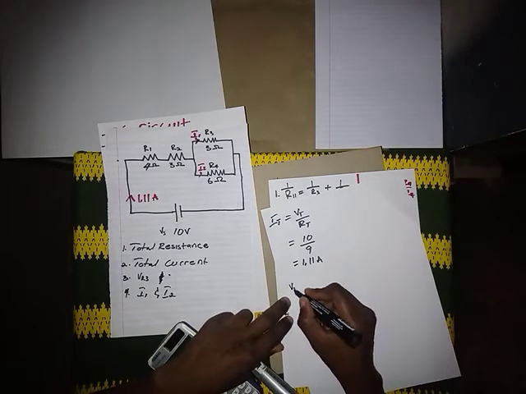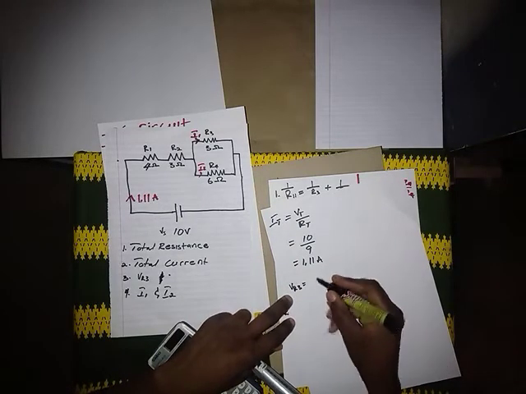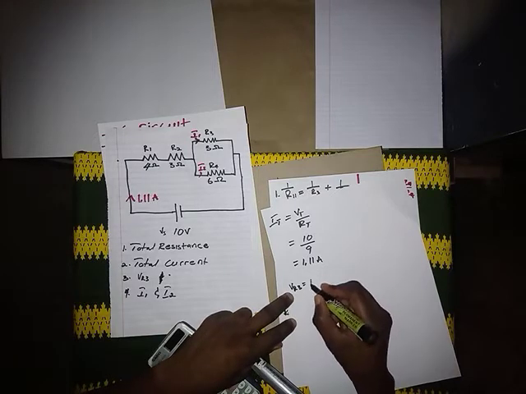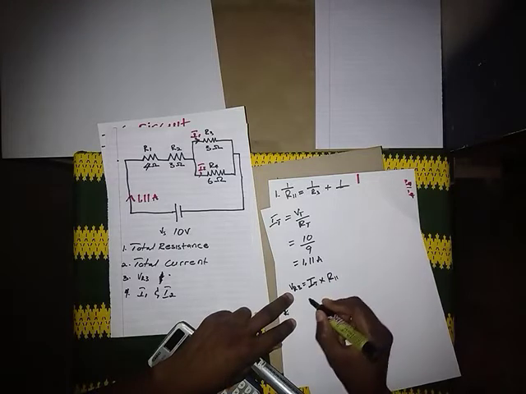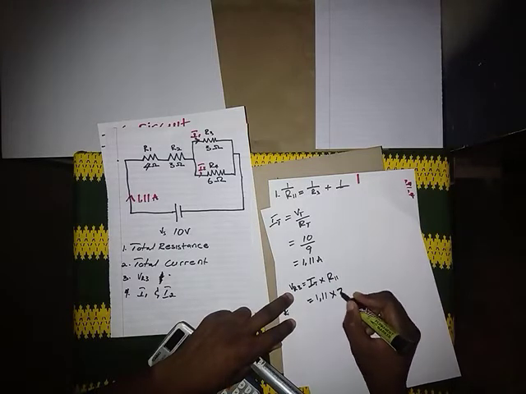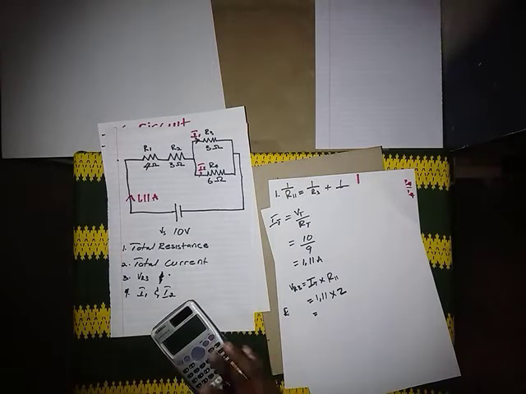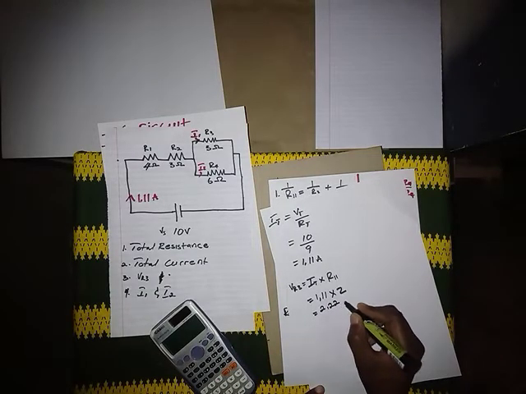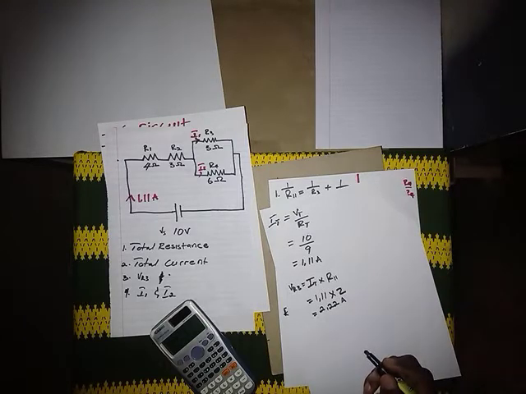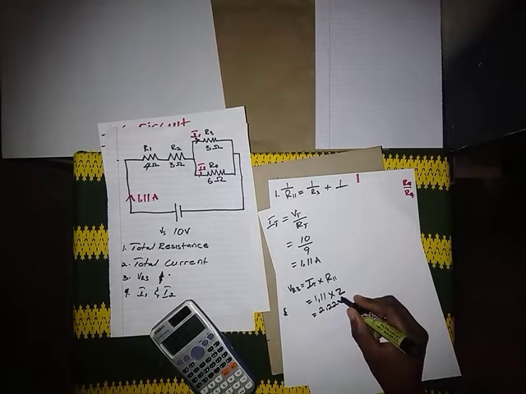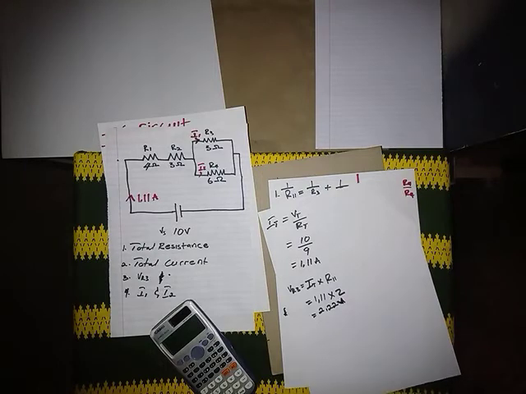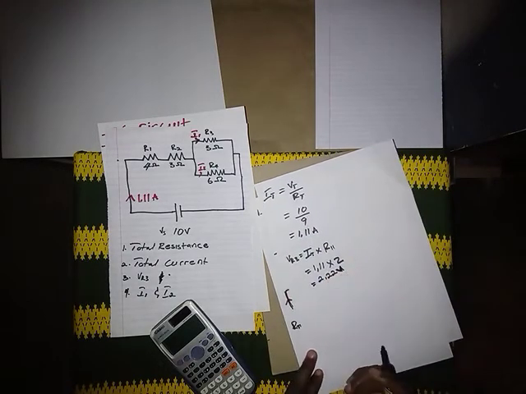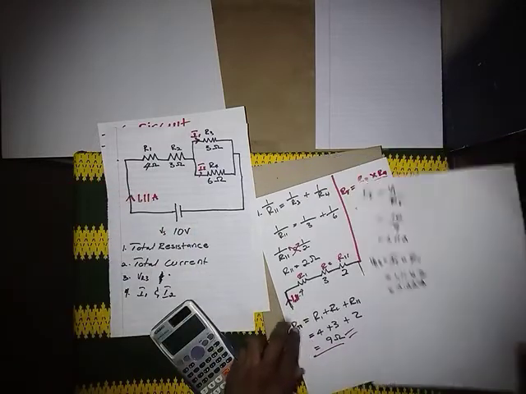Therefore, VR3 is going to be IT times R parallel, which is 1.11 times 2. This gives us 2.22 volts. We can prove if this answer is right because we know in a series circuit,